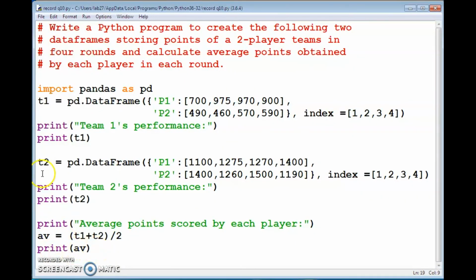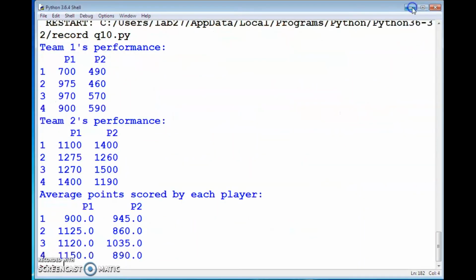Then after the execution, run module. You will get, like this, team 1's performance, that is P1, P2 columns, rounds 1, 2, 3, 4. Then team 2 performance, P1, P2 columns, that is player 1 and player 2, first round, second round, third round and fourth round.